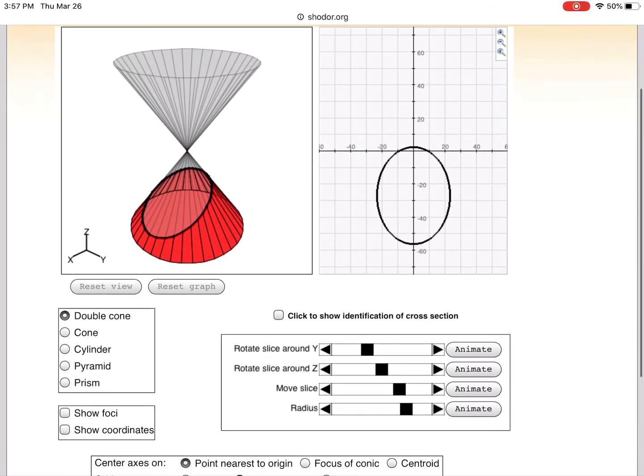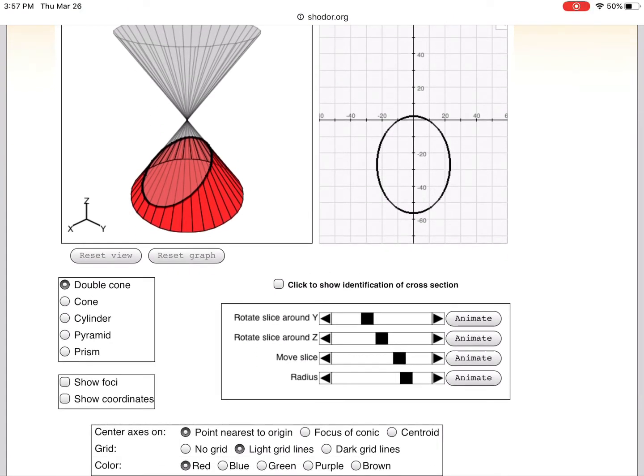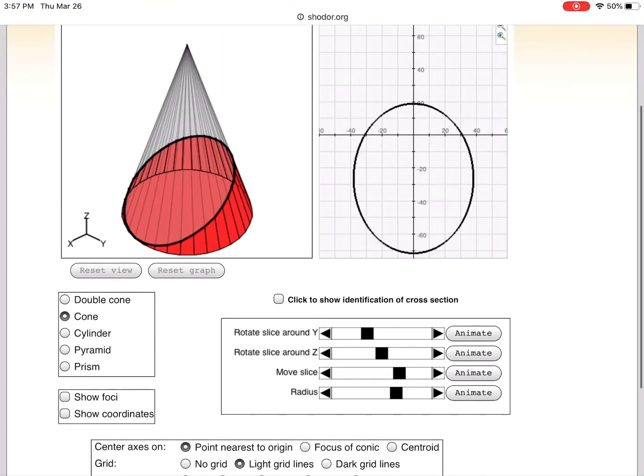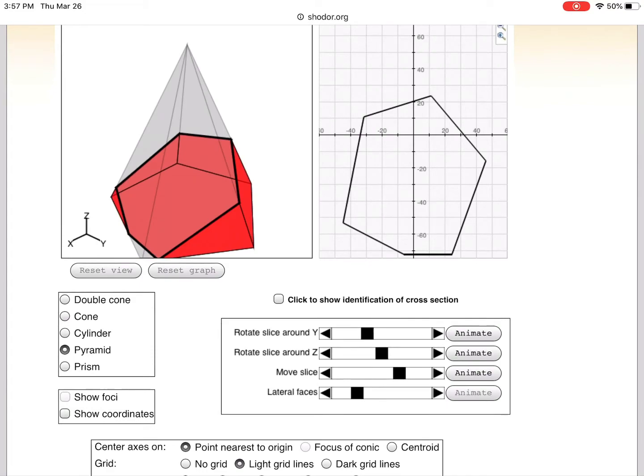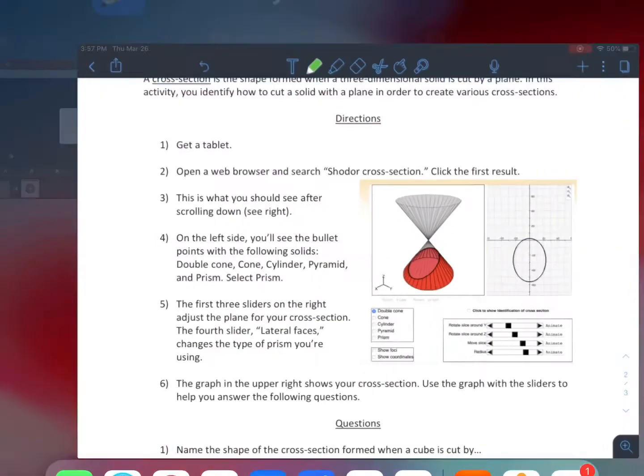So we're going to use this program then to help us see all the different cross sections that we have. In the first one, over on the left side here, you can see that it's selected to be a double cone. And when I change all of the shapes, now we have a cone, a cylinder, a pyramid, and a prism. So according to the worksheet,